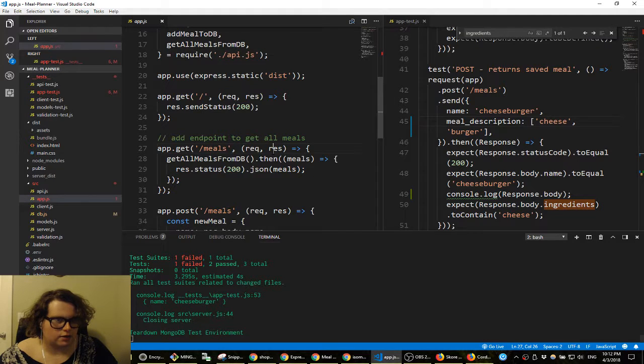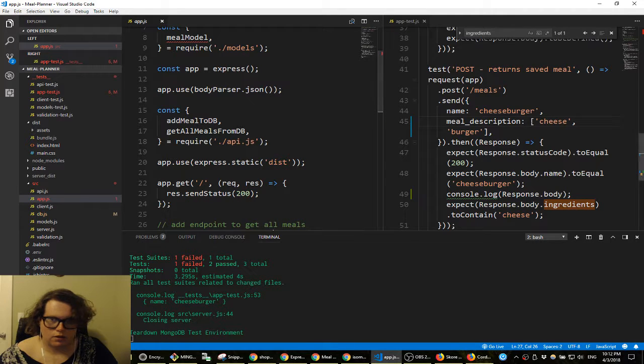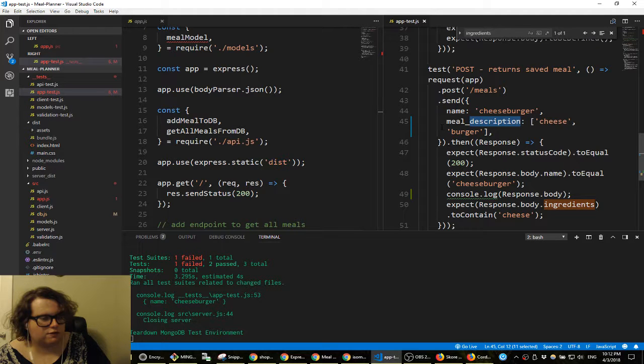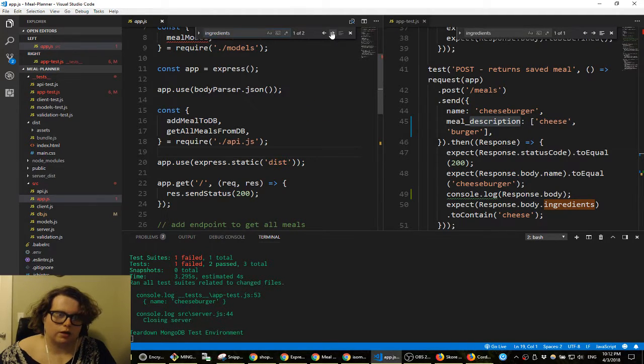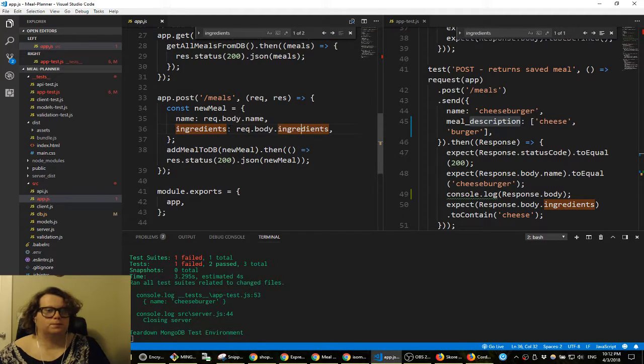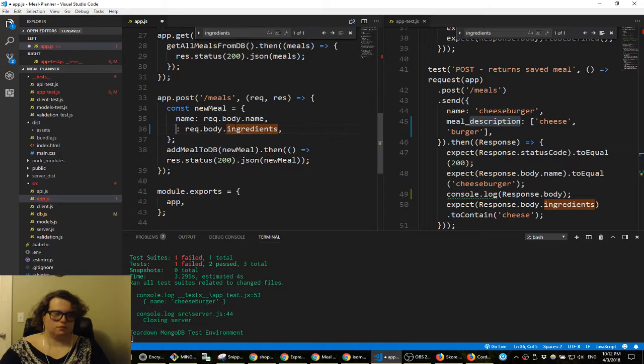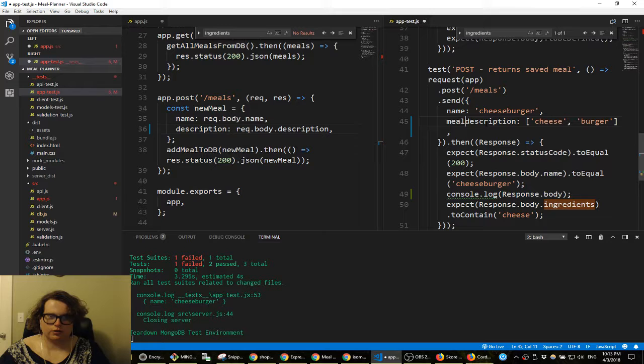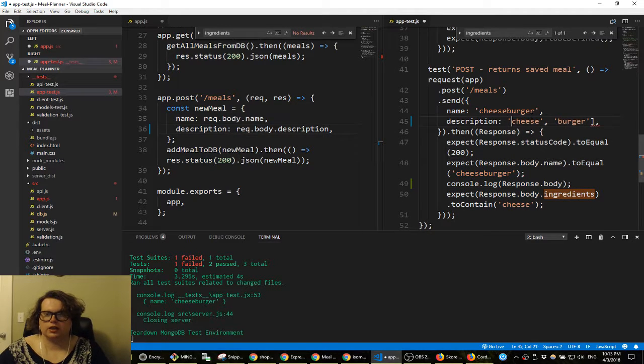Oh, that's fascinating. As soon as I add description, it fails. Let's search for ingredients and see what we get. This is why. Look at this. Description equals rec.body.description. Okay, and so that means that cheese, burger, and bun